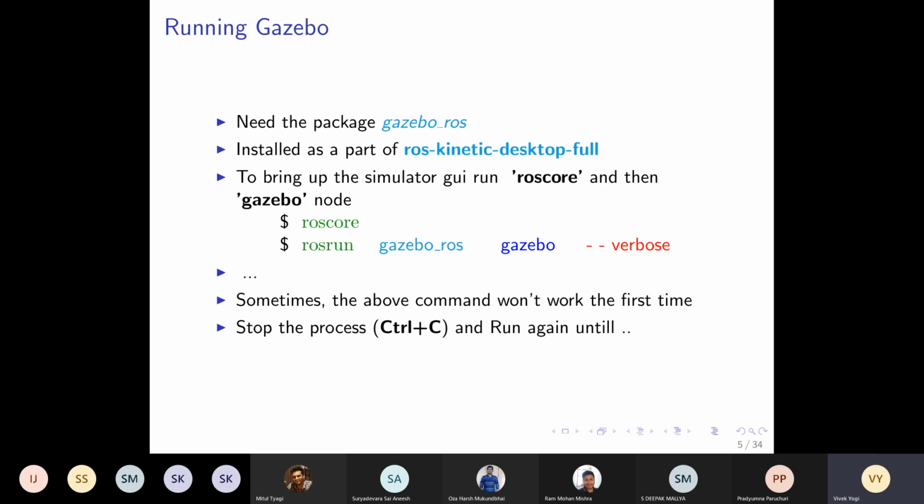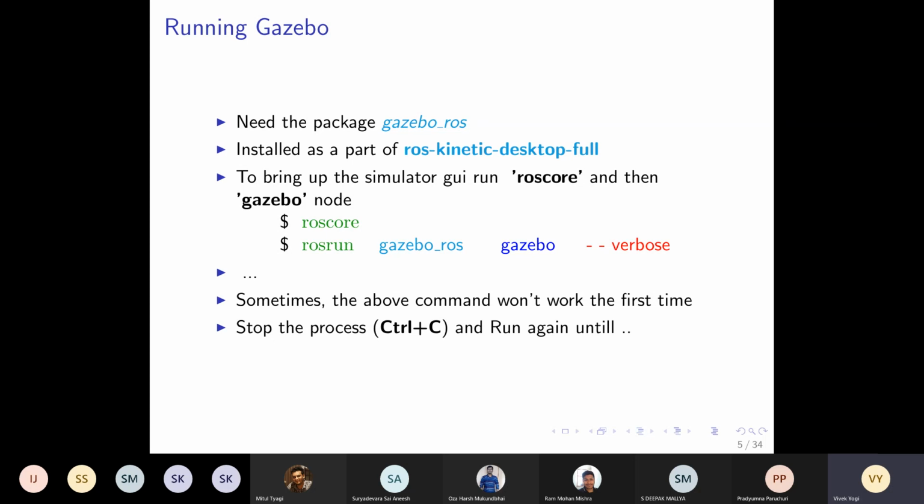It happens when you have freshly installed ROS. Gazebo requires some files and it tries to download them behind the scenes. Sometimes it is not able to connect to the server. Maybe you don't have Wi-Fi, or maybe you have Wi-Fi but there is some proxy. There can be a lot of reasons for it.